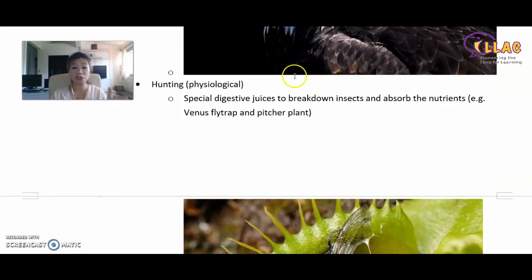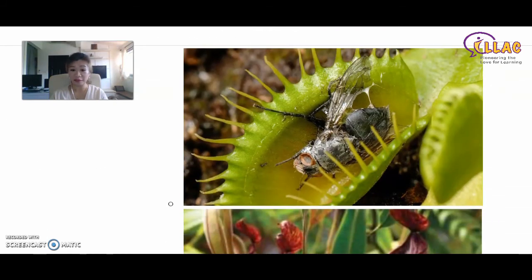There are also other physiological adaptations that they will use in order to hunt. For example, special digestive juices to break down insects and absorb the nutrients. For example, the Venus flytrap, like this one. Once they sense motion, the Venus flytrap will actually close up, and then this